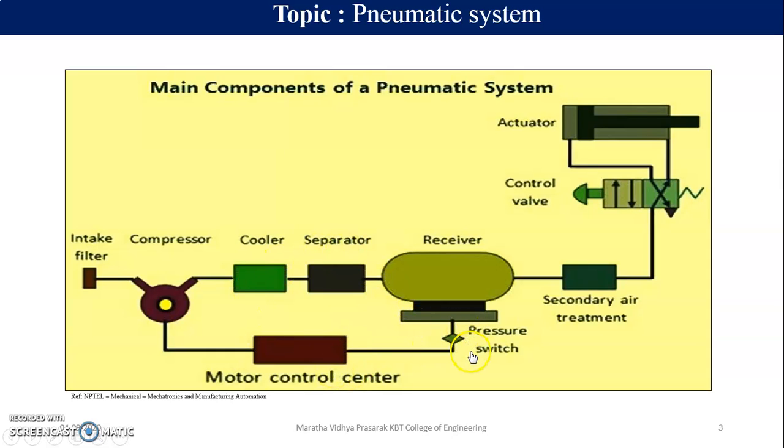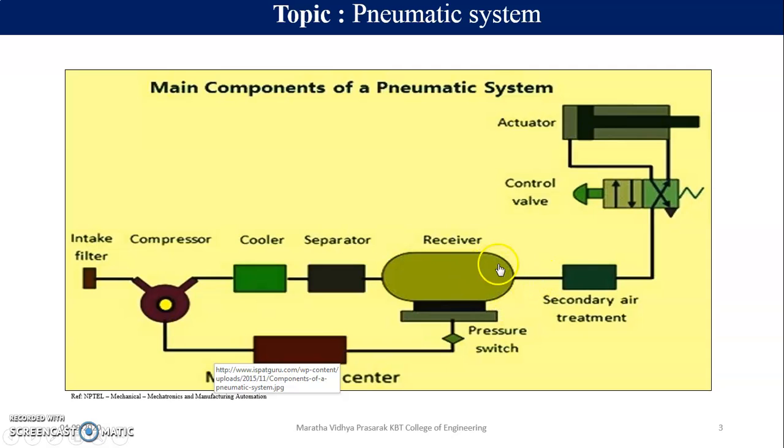Again, when the pressure decreases below the set point, the motor control center will make sure that the compressor is started again, and the receiver is again fed with air at the set pressure. Okay, so the air of our requirement, at that pressure, we have to bring into the receiver again, so the pressure switch will work. The pressure switch operates as soon as the pressure of the air in the receiver drops below the set point, and the motor control center turns the compressor on or off based upon whether the pressure is received or not. This was all about this loop.